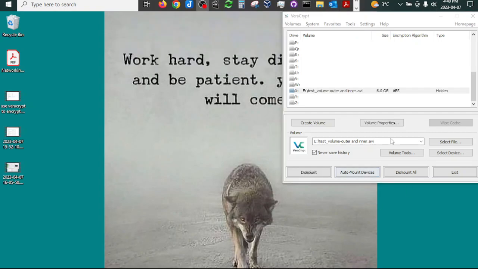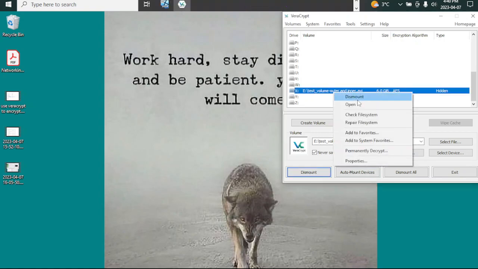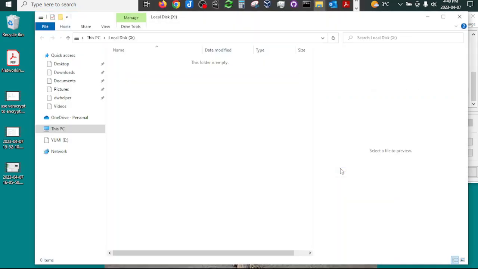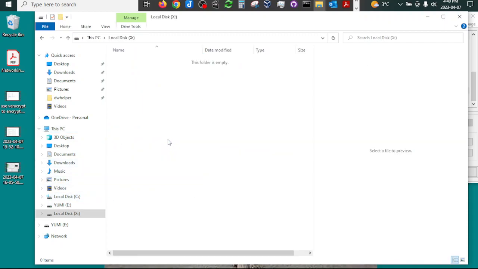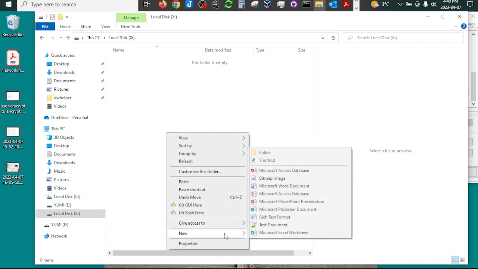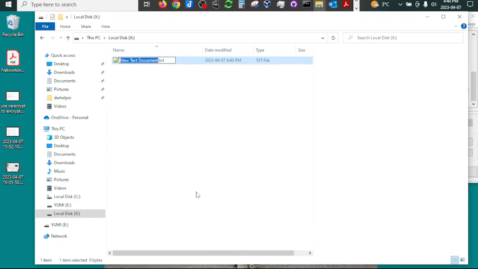And we have it now, and you see it shows 6 GB, which are part of this 10 GB. So I could actually dismount, I could actually open it as well. Here it is, and it is mounted as X. Well, there is nothing inside, but I could always create a file. I could say new text document, and I could say inner